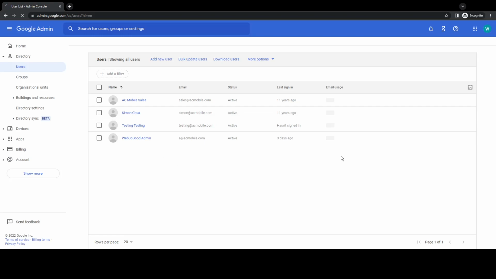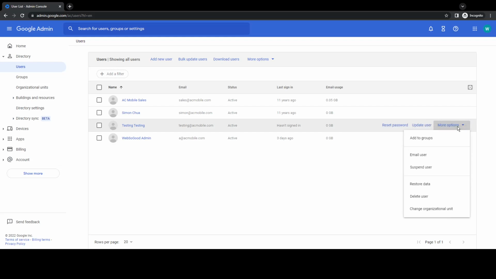Alright, so you'll be presented with how many accounts you have, when each account was last signed in, and also how much storage is being used for the email. So you can see if there are accounts that have never signed in or haven't signed in for a long time, and you can delete them. For example, this testing account here, I can come down to this More option and click on that, and then